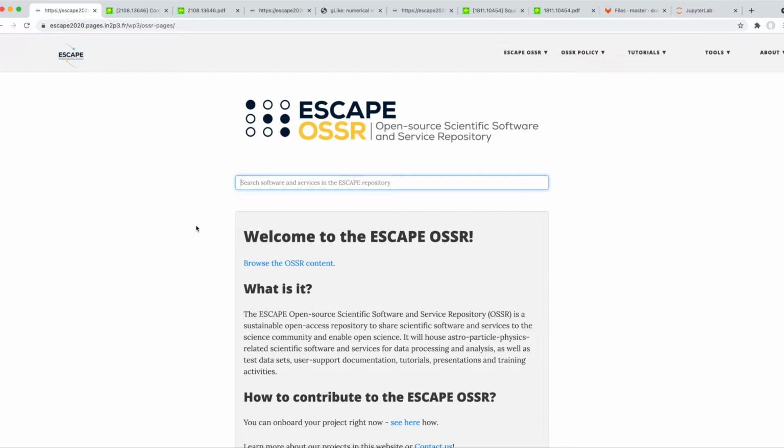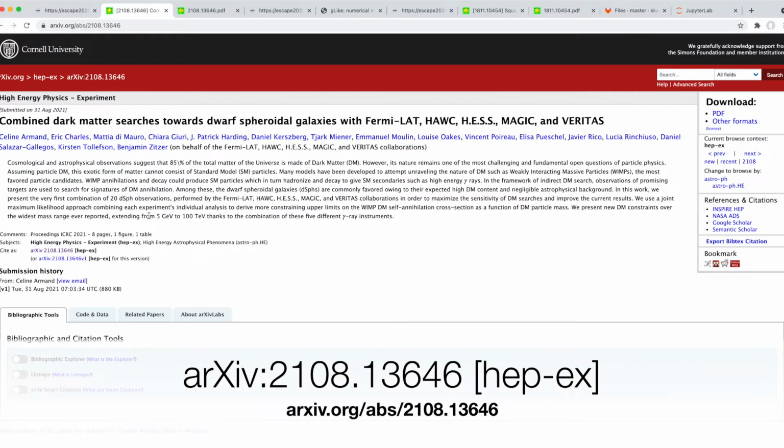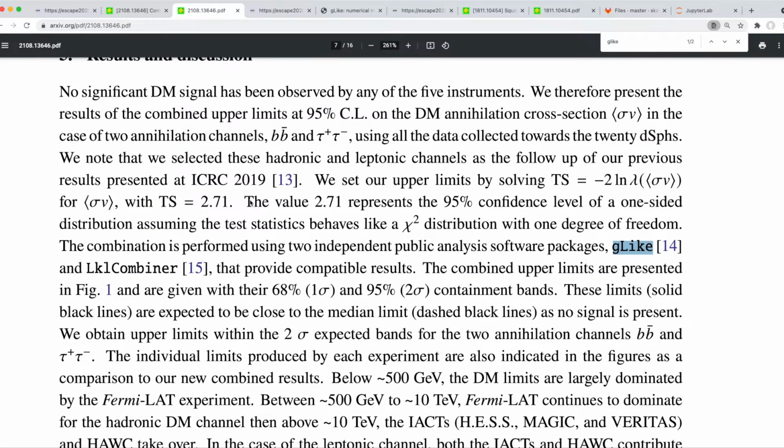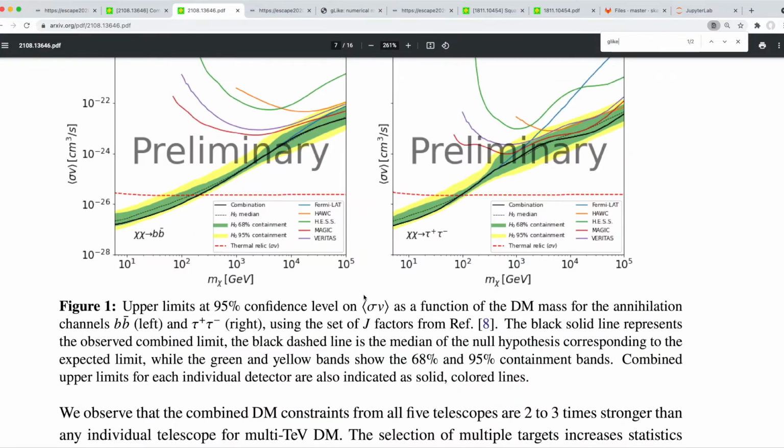Let me introduce to you two use cases of the OSSR. The first use case is in the regime of astroparticle physics, a combined dark matter search with gamma rays. In this article, the software G-like is used to calculate sensitivities of different gamma ray experiments on dark matter particles